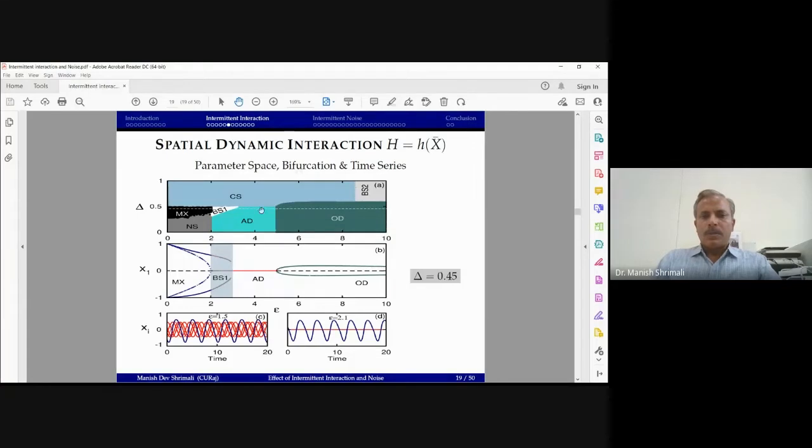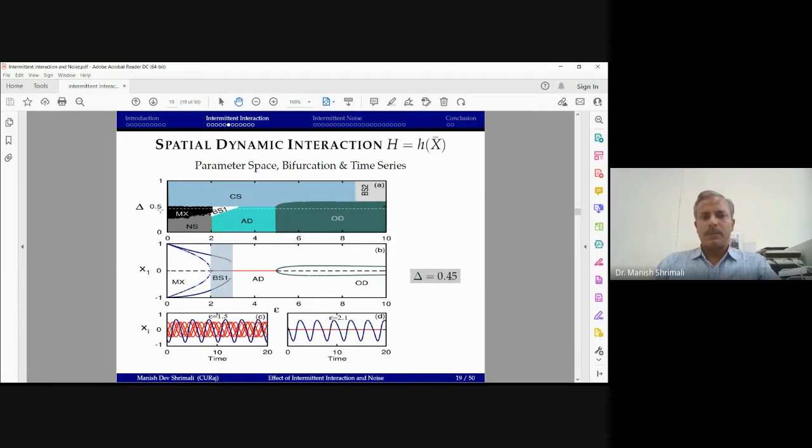So here on the top panel, you can see that it is the parameter space, epsilon and delta. Delta you can consider as the interaction active region from 0 to 1 normalized. If delta equal to 1, then in the entire state space, interaction is on. When delta equal to 0, there is no interaction at all. And when it is 0.5, in the 50% state space, there is an interaction, and the rest of the space,